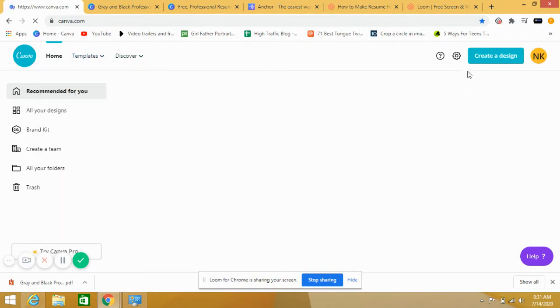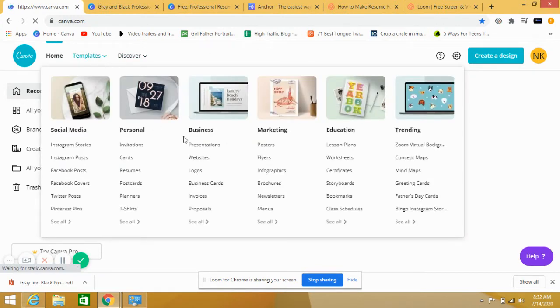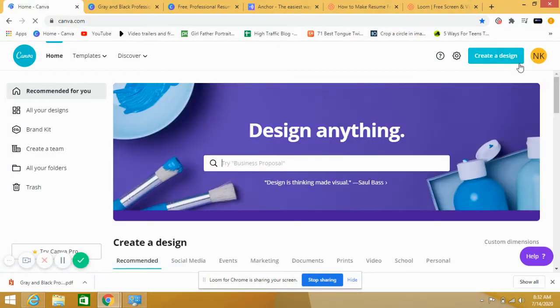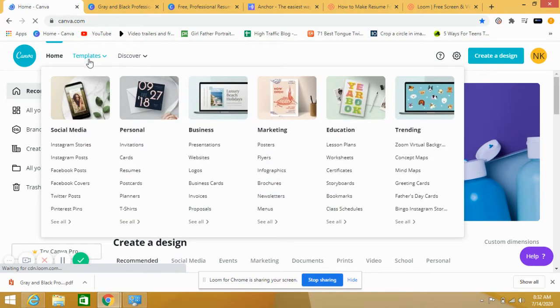After clicking on that link you will reach this page. Before creating any presentation here you have to log in, and for login you have to use your Gmail account, and it's very easy to log in. The website has two types of membership. One is free and one is paid, that is the pro version. So create a free one and reach this level, then go to templates and then come to presentation.